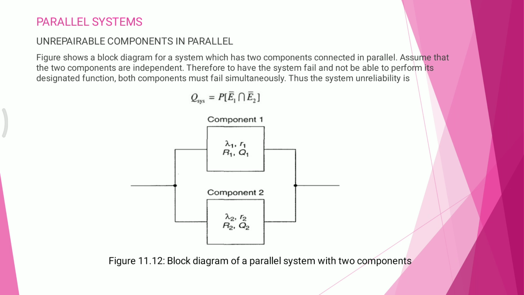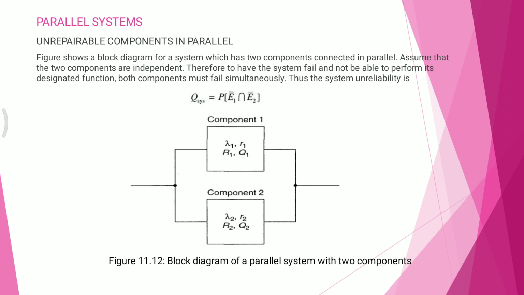The block diagram consists of two components connected in parallel, as shown in the figure. Assume that the two components are independent. Therefore, to have the system fail, both components must fail simultaneously. Thus, the system unreliability is given as Q system is equal to the probability P of event 1 and event 2,